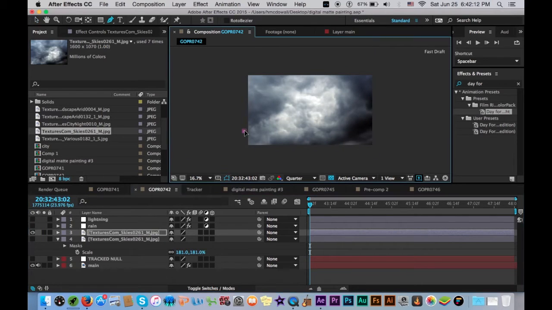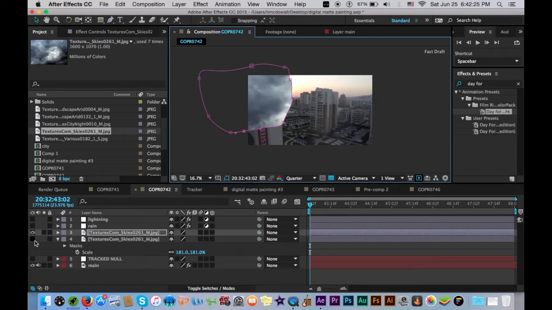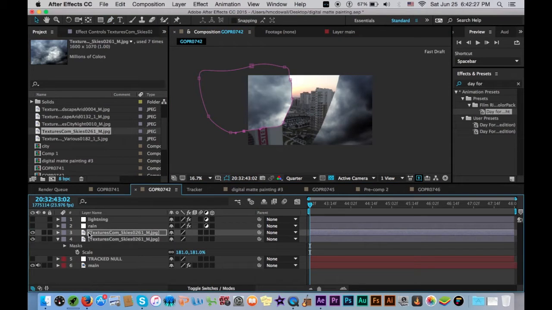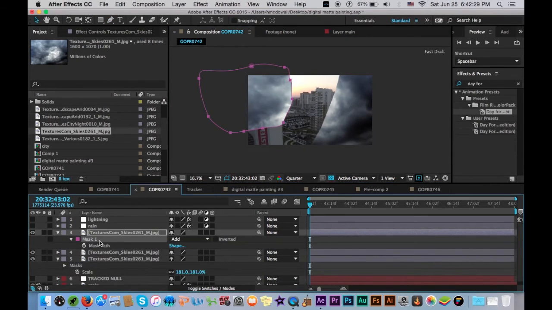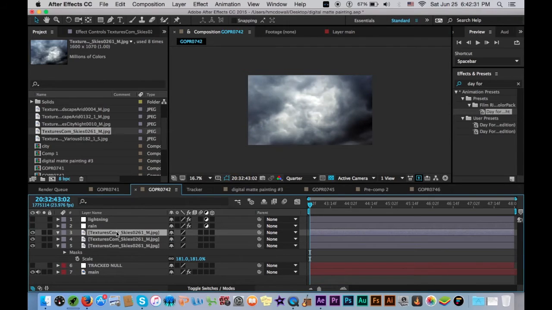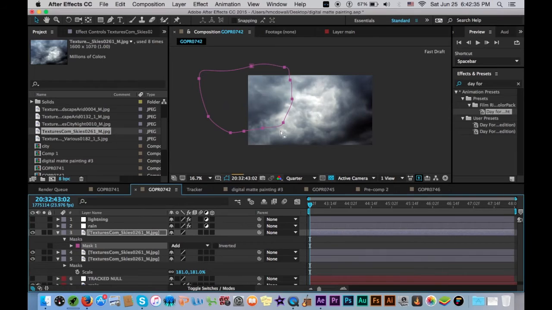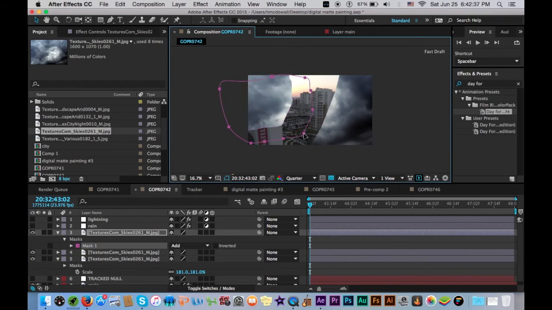Let's go ahead and take this portion of the clouds. Okay. Let's turn both of these layers on, and we're going to go ahead and duplicate that again and take the mask off that. Actually, no, we're not. Press Command Z. Take the mask on here, move it around,